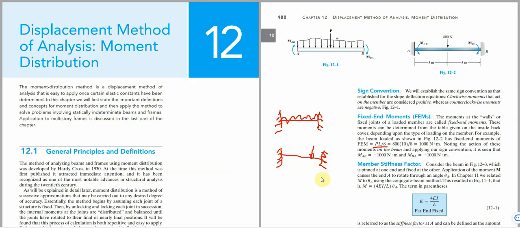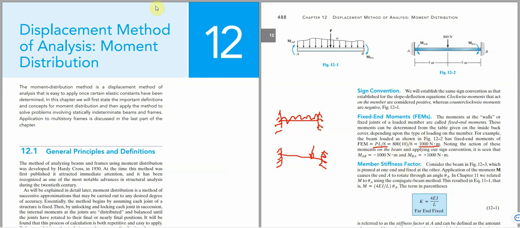Now, we have talked about fixed end moments and how they are calculated. We said it's PL over 8, where P is this point load and L is the span from here to here. So to calculate the fixed end moment for this, it will be P, which is 800, times L. The whole L is 10. Not that you consider 5 meters, no, the whole full span is the L. So P times L all over 8, which is 800 times 10 divided by 8,